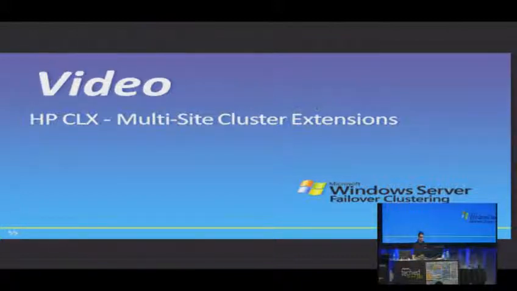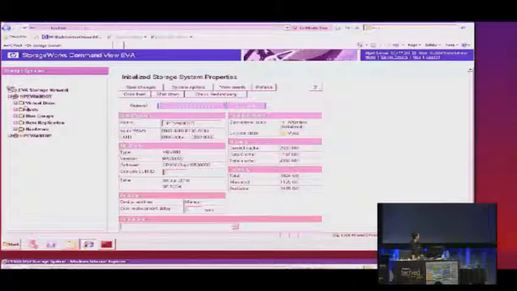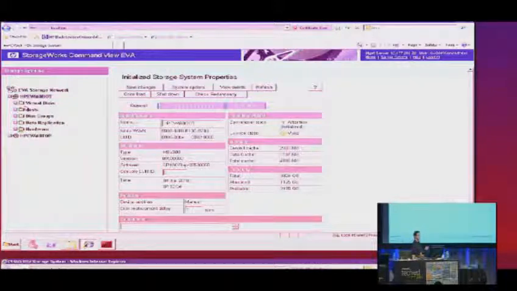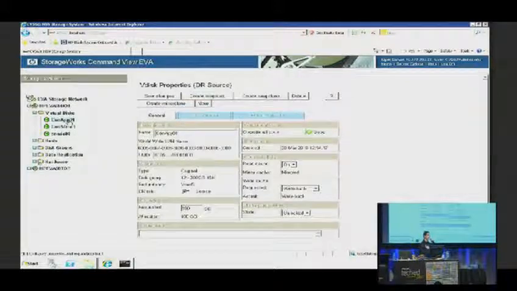All right, so here we go. I'll flip it over in a sec. All right, so what we're showing here is HP's CLX technology. It's a video I recorded because I didn't have the ability to transport two HP EVAs down here